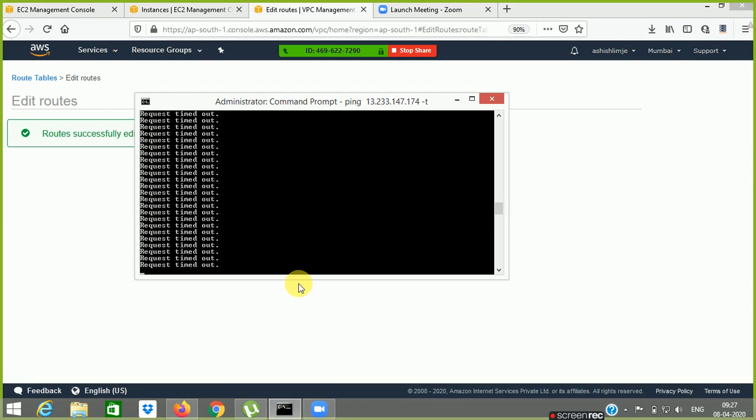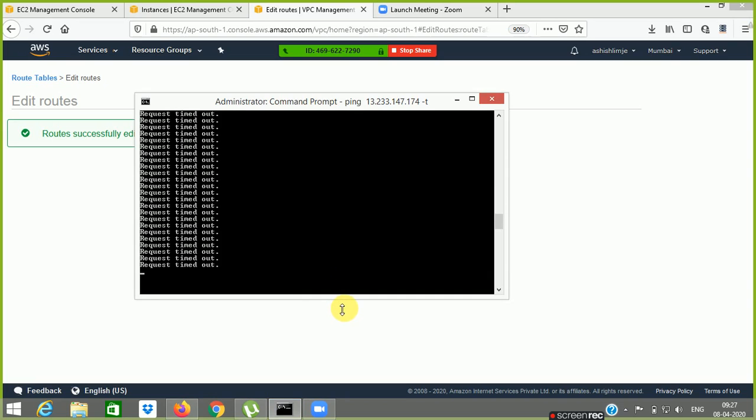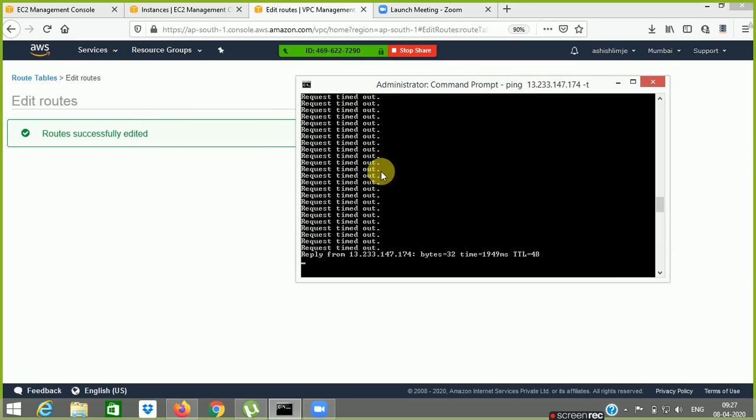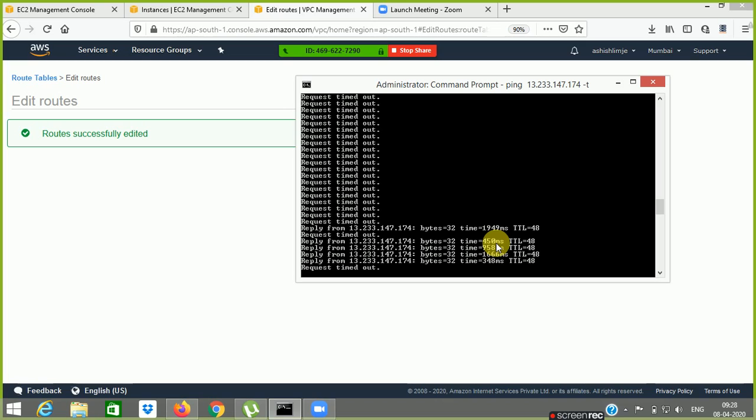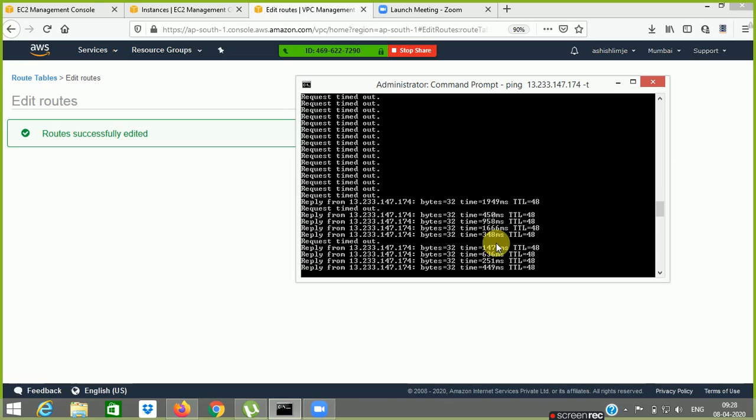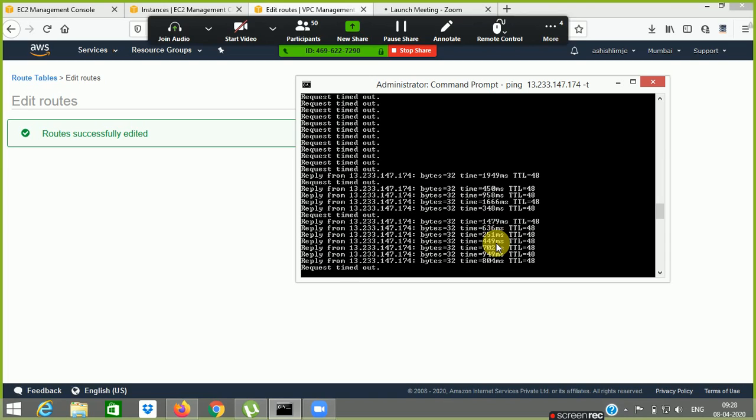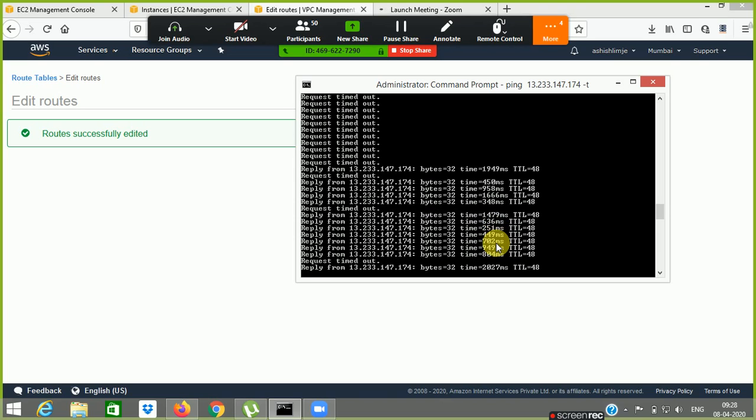So let's see, once we are done with this, let's check the reply again. Here we are getting a reply from the machine. Can you see this? So this is what we can say in a customized VPC. In a customized VPC, we are getting connected to the internet gateway using the VPC, and we are even changing the route tables as well, right? So this is the story.